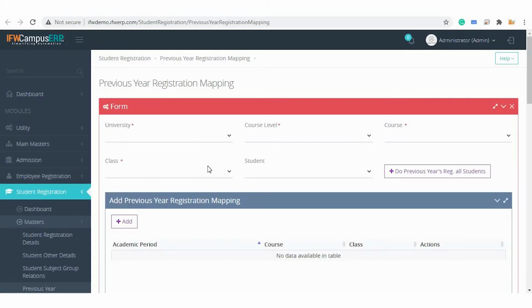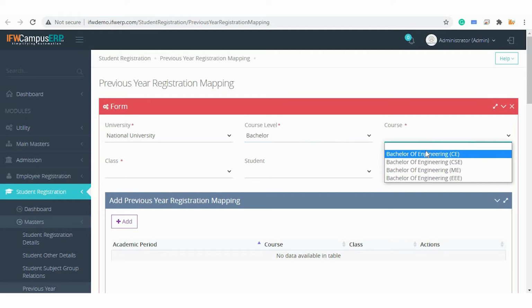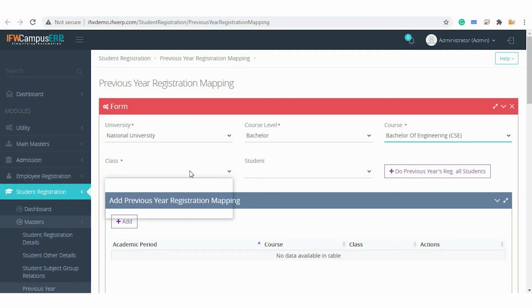Previous year registration mappings is used to do the previous year entries. For example, you have implemented the ERP in the mid session and then you want to do the previous year entries about the students. So this form will be useful for you. Let's say we select a course here, then we will be selecting a class. Select a student for which you want.